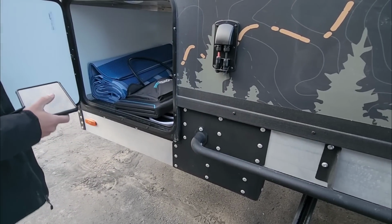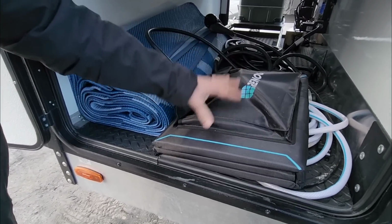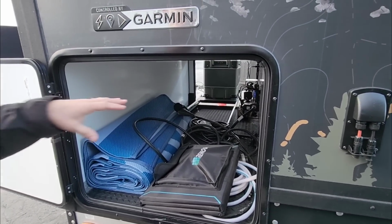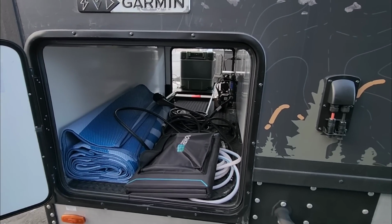And this is just some extra storage. So you have a total of 1,200 watts with these panels on the roof. Okay. It comes stock with 600 on the roof and an additional 600. That is crazy, if you pay for the max